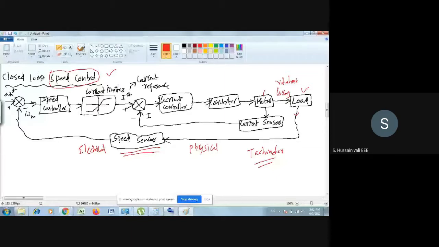So closed loop in the sense, continuously it will monitor, it will sense, and it will take an action, so that it will fix the speed to the set value. Like you have the fan there. So fan has some of these settings, 1 2 3 regulator settings will be there.